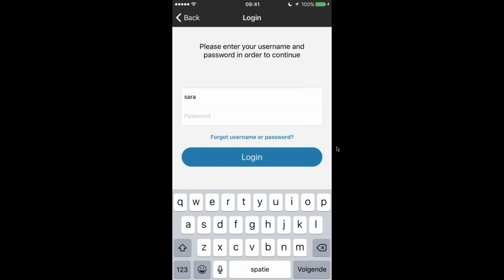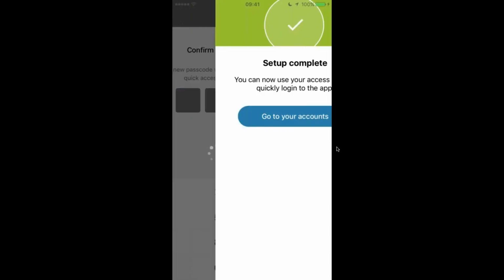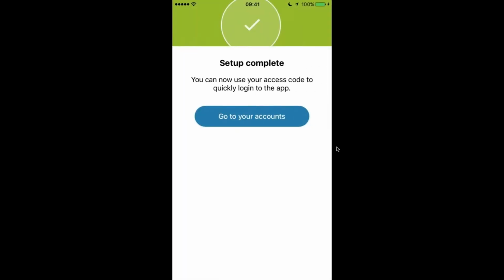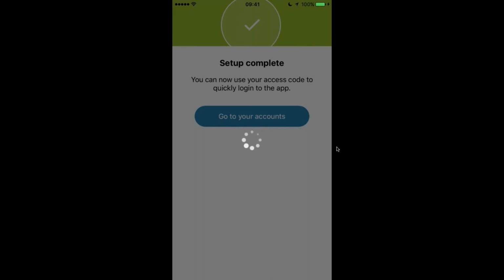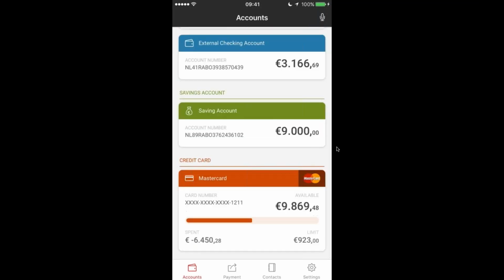What you find from there, let's give a quick example. We can log in as a typical user. I'm going a bit faster here. And if I do so, I can set my soft token codes, which again is a typical registration flow. We're then completed with the full setup of my mobile banking application. And as a final step, we can go to our accounts, and there we see and have access to all of my banking accounts, even my small business banking accounts, as well as a savings account and a MasterCard.